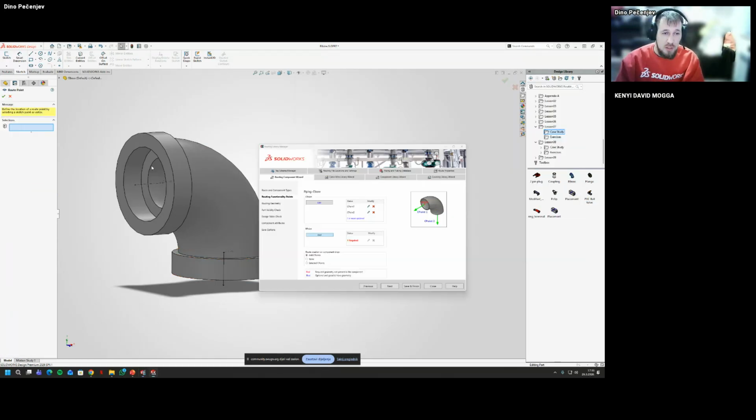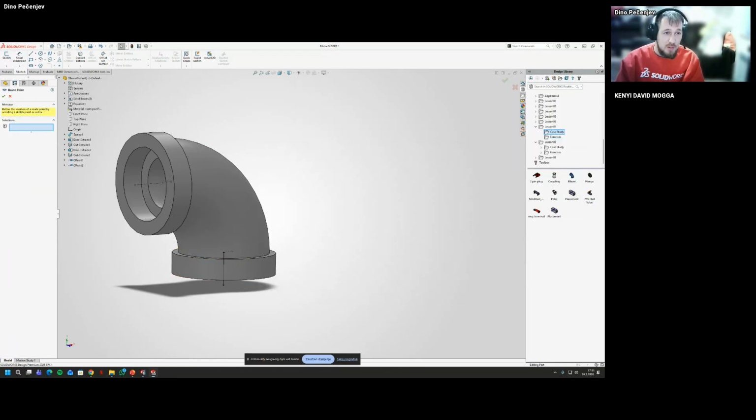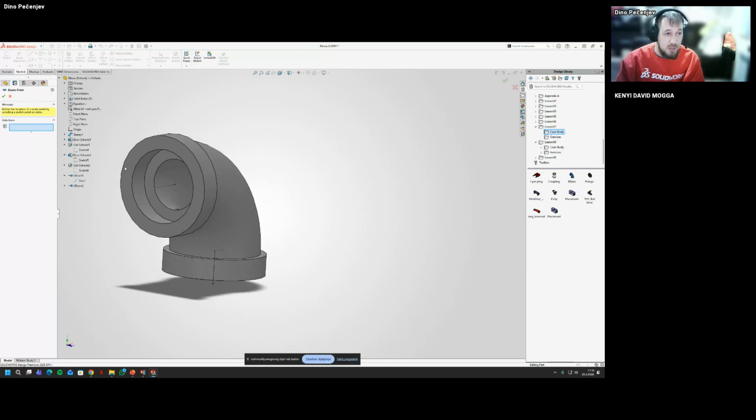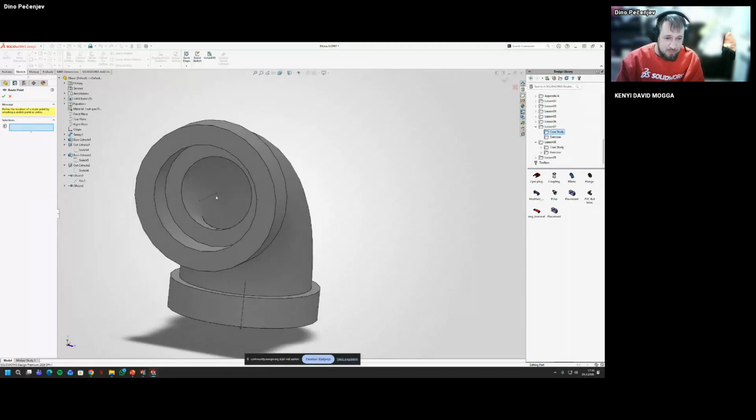The routing point goes actually on either the sketch axis, or I can use a specific point. Let's say I can use this point specifically for the elbow.